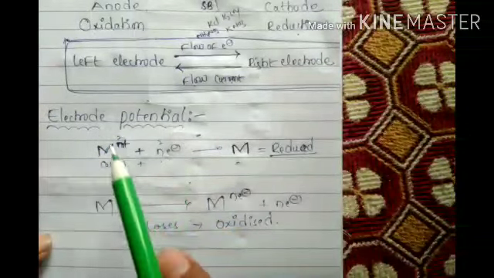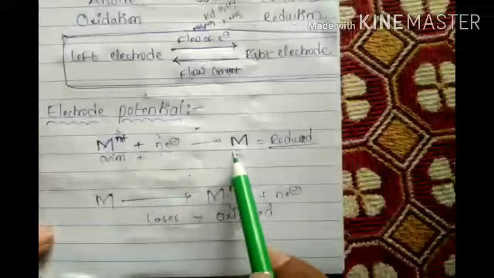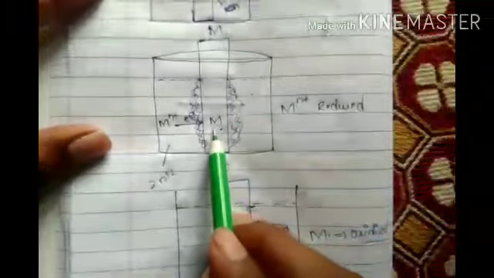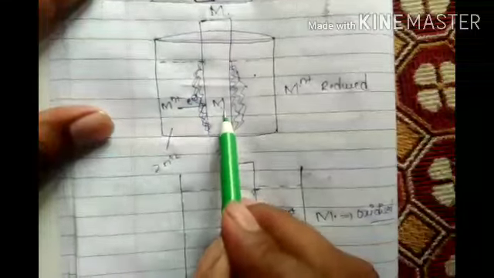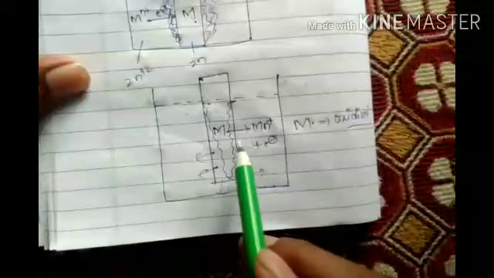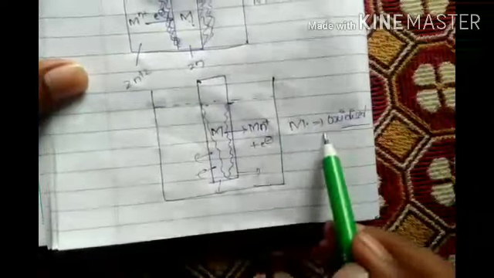M reduction. This is loses and gains. This is without deflecting, with the deflection, gaining electrons and becoming metal, and losing electrons and becoming solution. It is oxidation, it is reduction. This is the chapter.